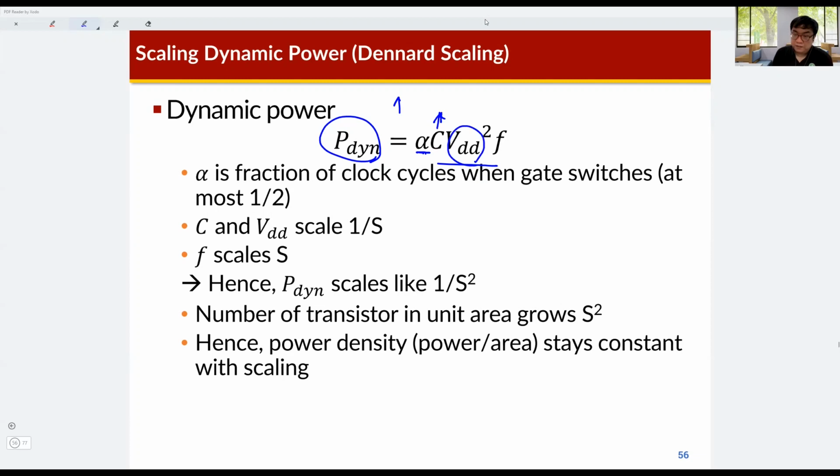And then VDD means the supply voltage. And then F means the frequency. So actually the CMOS transistor is a kind of detailed semiconductor technology. Actually, the CMOS transistor is composed of different types of semiconductor like N, P, N, and then this